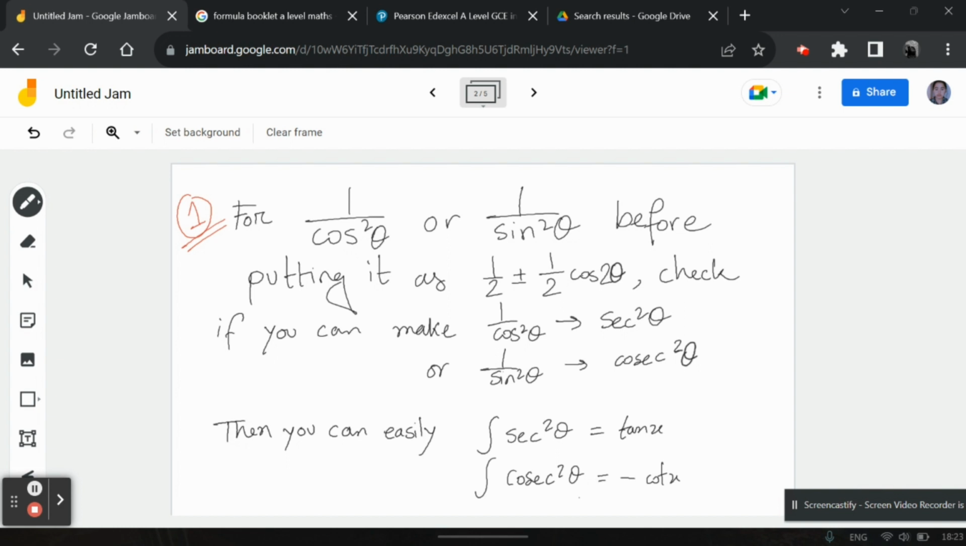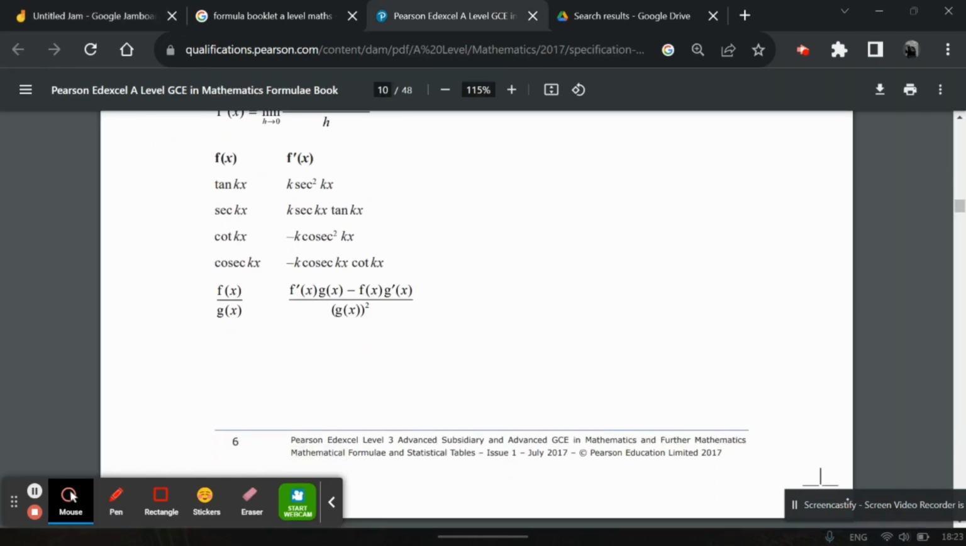So we can make 1 over cos squared theta into sec squared theta because that is basically that, and 1 over sin squared theta into cosec squared theta, and then integrate because we know that sec squared theta integrates to tan theta, because we can find it in the formula book,